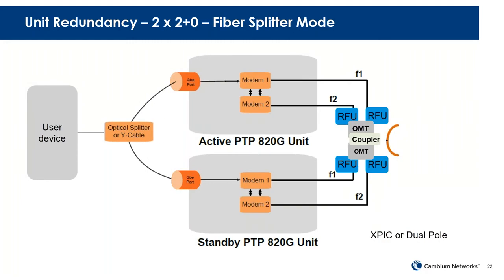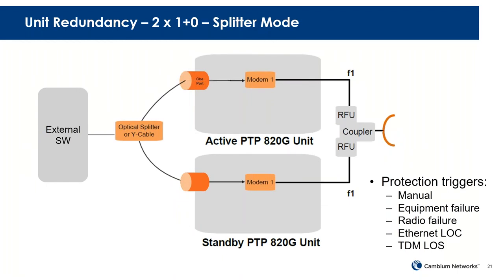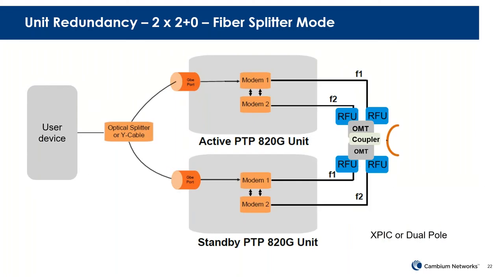Unit redundancy, with A20G, we also support XPIC or dual pole. So you can see you do a 2+0, 2 times 2+0. And you can see in this case, you get the A20G. Okay, so the previous slide also, we get unit redundancy and RFU redundancy, right? And same here, 2 times 2+0, you got unit redundancy and RFU redundancy. You can see from this picture here,